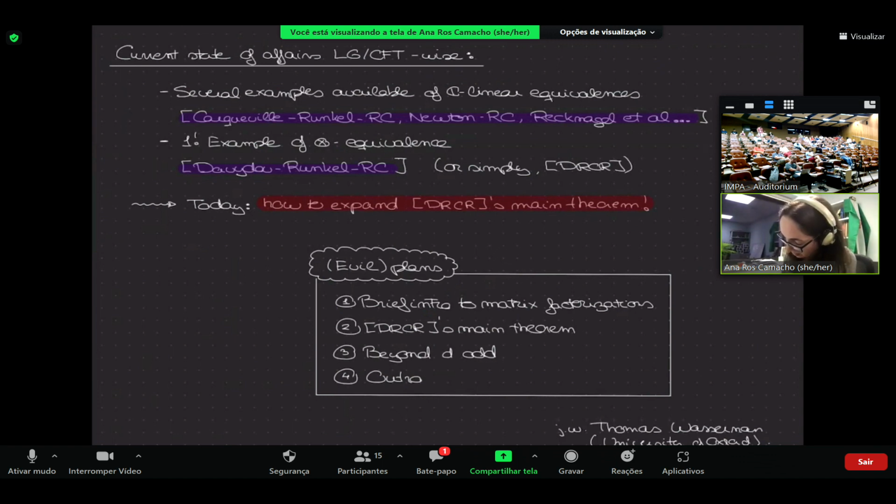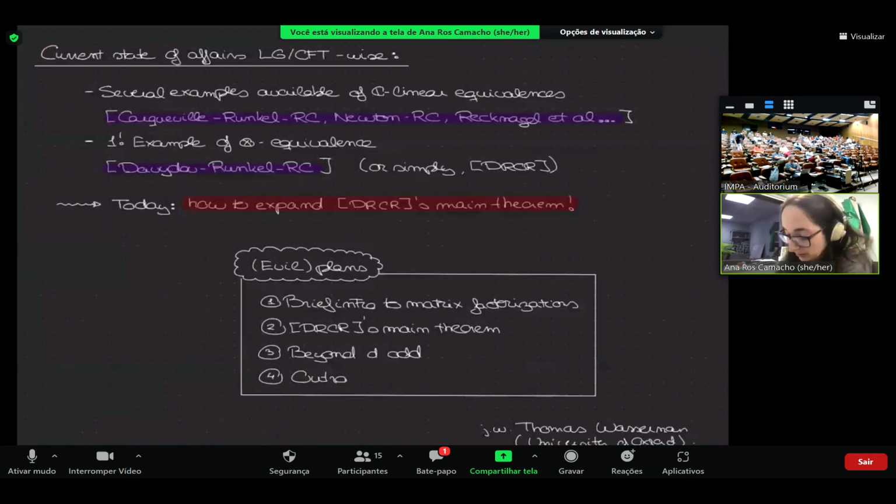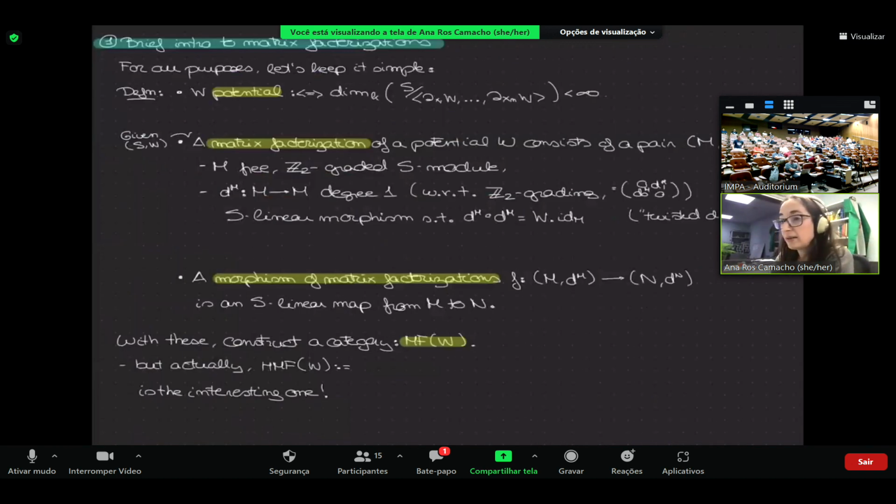So, okay, let's start with this part. I am going to go really easy. I'm going to keep it in a very simple setting. You may find matrix factorizations in a variety of other contexts. In algebraic geometry, you can relate these to coherent sheaves. You can also find them in highly representation theoretical topics like Cohen-Macaulay modules. But mainly because of physics restrictions, I'm going to keep it super easy.